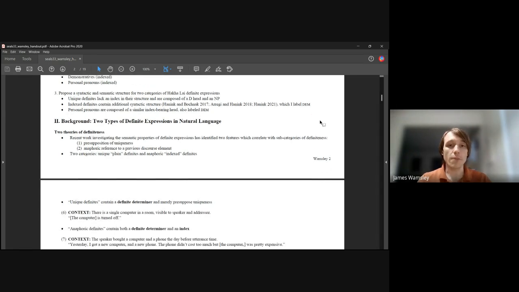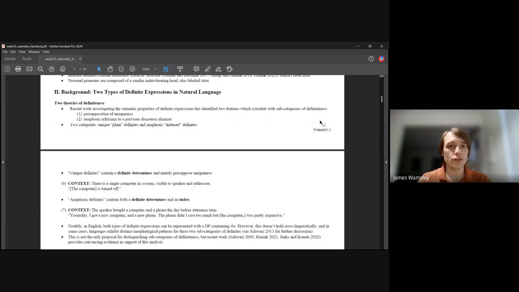So let's get into the background for this research. Recent work has investigated these two properties of definite expressions. Presupposition of uniqueness is the first one, and in the traditional sense, this was considered one of the identifying factors